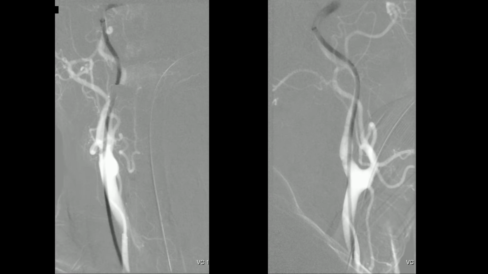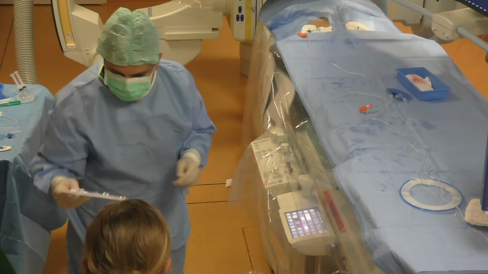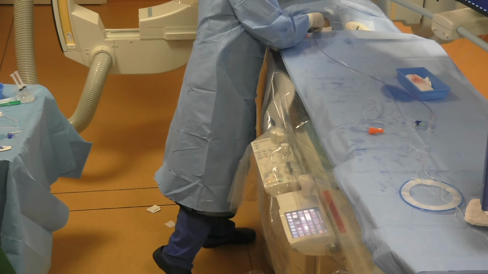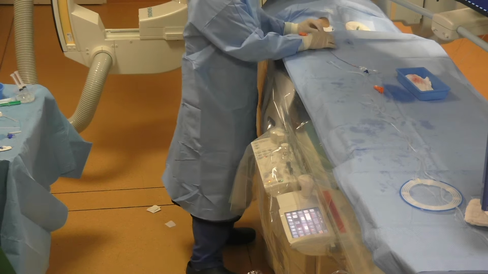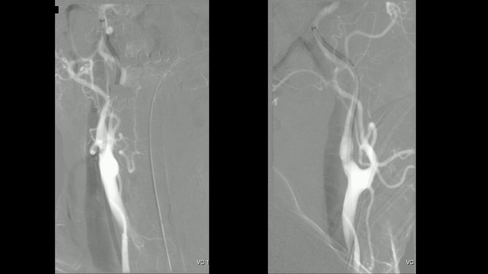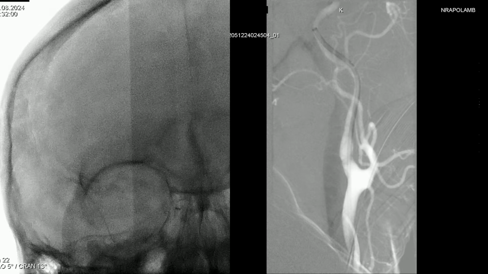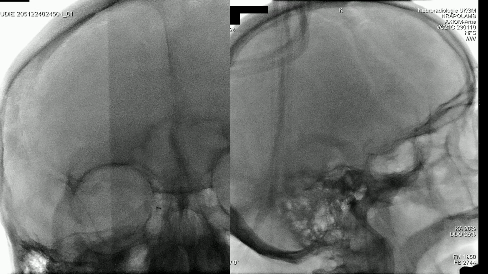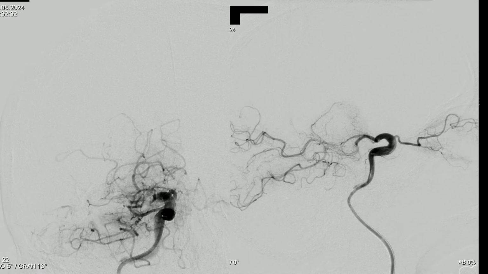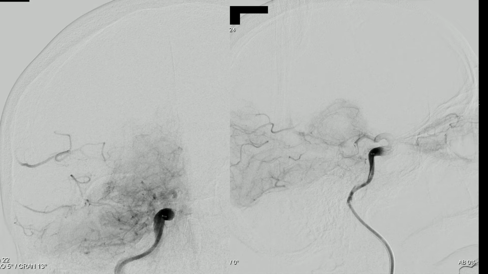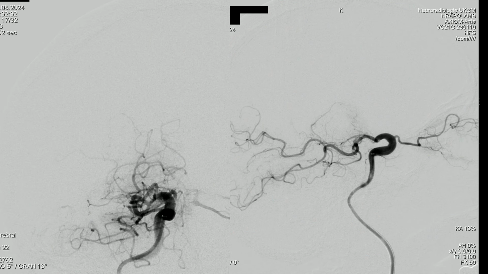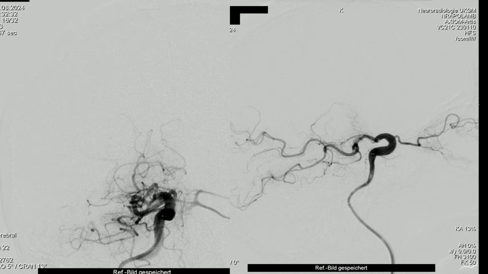We inject a little bit of contrast agent to exclude vasospasms, and now we take the aspiration catheter Sofia 6F 125 centimeters and push it in the distal segments of the right ICA. And now we need an overview to see the occlusion, and as you can see there is an M1 occlusion of the right MCA. And now we take this 2D angiogram as a roadmap